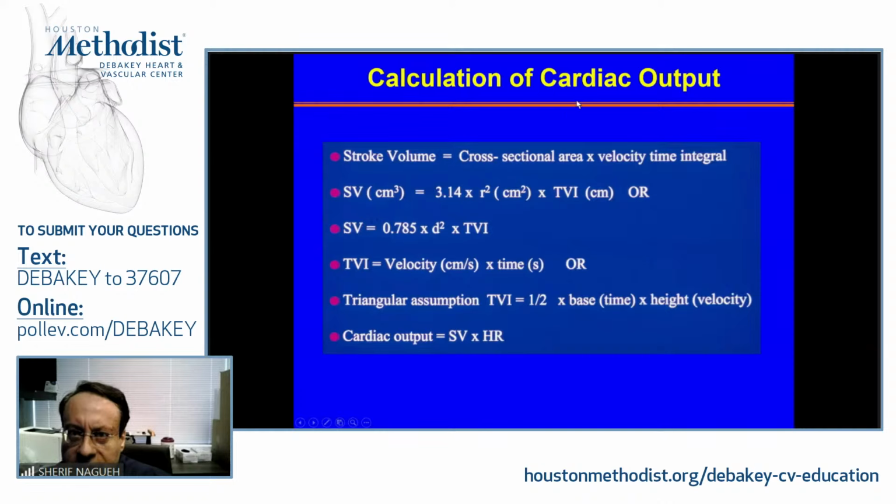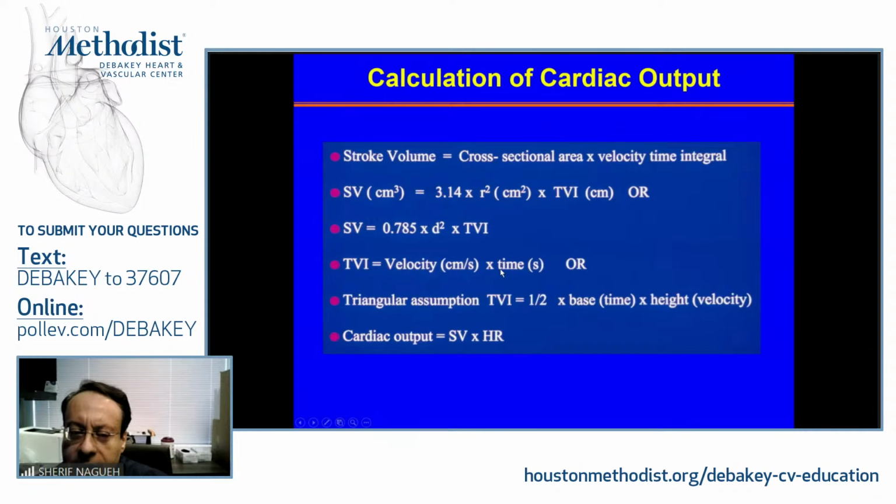We can calculate, and we do report, cardiac output and stroke volume. Stroke volume is given as the product of cross-sectional area and the velocity time integral. If we assume it's a circle, then that's the expression we use to get the area of a circle. Or if I do not want to deal with radius, it's 0.785 multiplied by the square of the diameter. The units of the time velocity integral are units of distance, as you see here